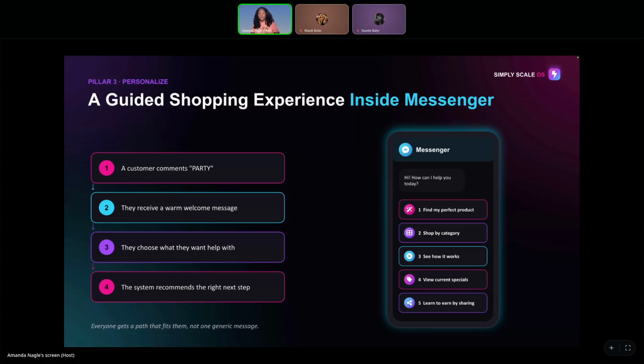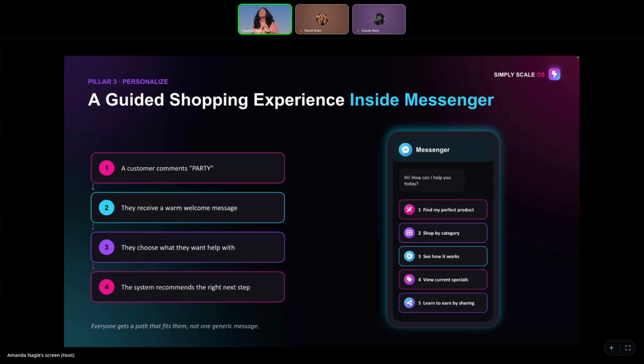And you are able to not have to copy and paste. Maybe you have five people asking the same question. Instead, these people are moving through their own journey of, okay, party, well, what do you want? I set one up last night for Clio Color where it asks, do you know how it works? Do you want to earn? Do you want to shop by color? And then it goes through the whole thing. Then you can jump in and give them your recommendations based on their answers and help them choose what they need. You set it up on what the next step is, which is really amazing.